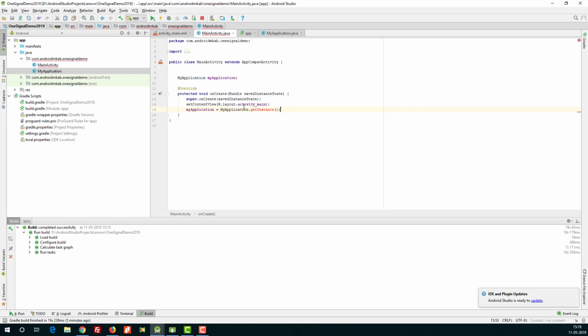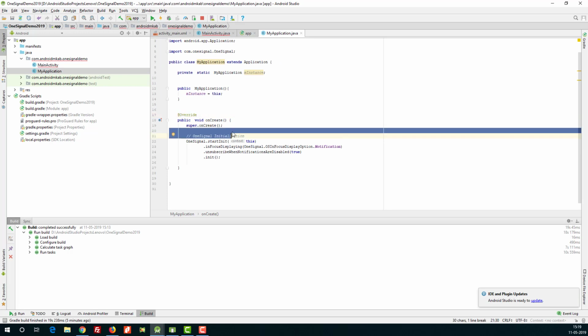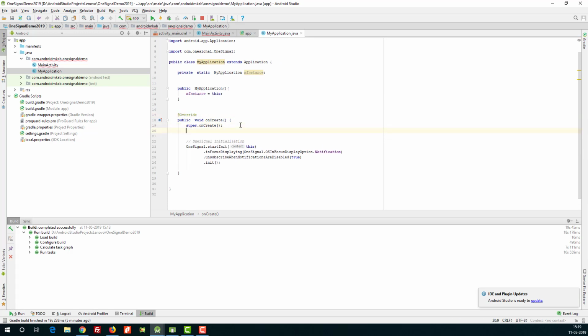Okay, after adding this line, if you see this error, that means we have missed something in MyApplication.java file. We need to add another line here. mInstance is equal to this.